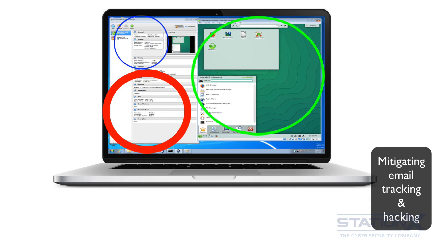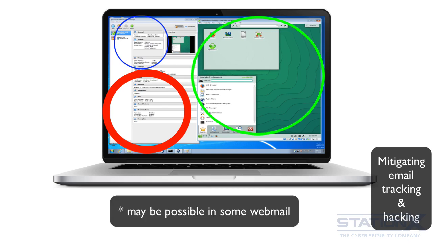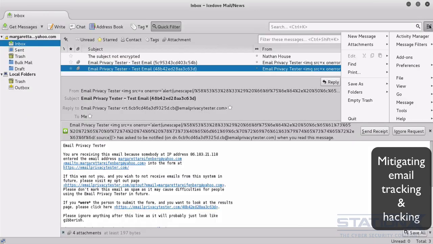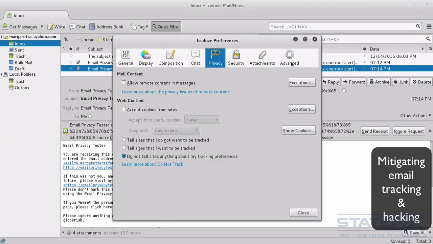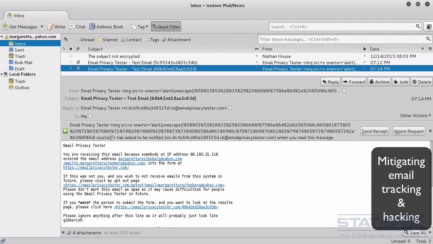Specifically, also, as we've gone through, you need to find if you can disable the automatic downloading of remote content when you click on a message. This should be possible in email clients, but not possible in webmail, as I've mentioned. And it was here, preferences, privacy for Thunderbird, and that one needs to be disabled. You also want to disable cookies as well, make sure it doesn't record any history. And the other option that I mentioned was here,